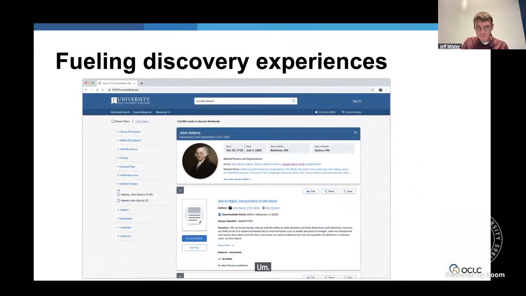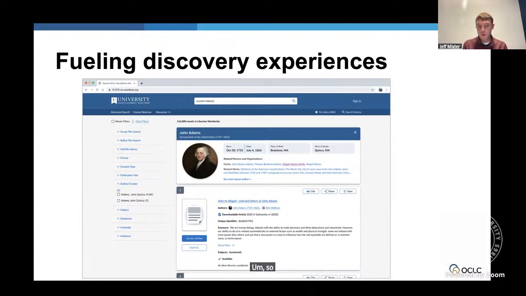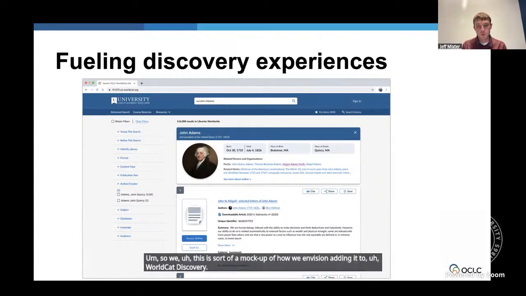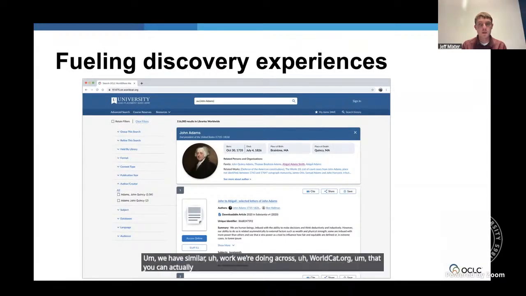So what's next? Really quick. We're starting to now integrate these WorldCat entity linked identifiers into discovery systems. This is a mock-up of how we envision adding it to WorldCat Discovery. We have similar work we're doing across worldcat.org that you can actually see today.